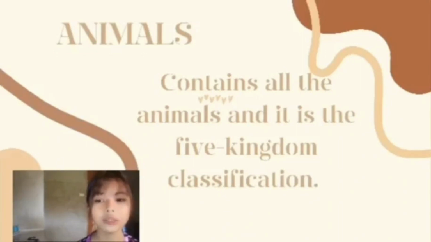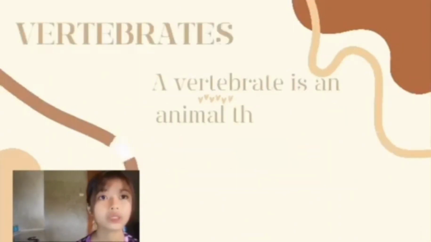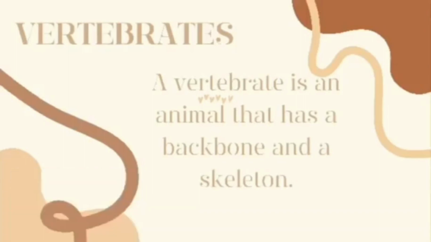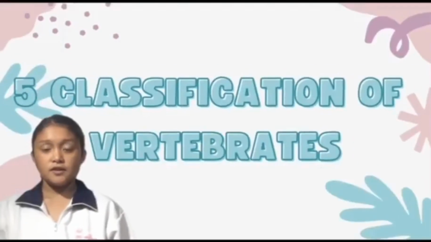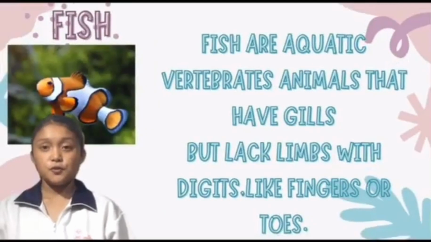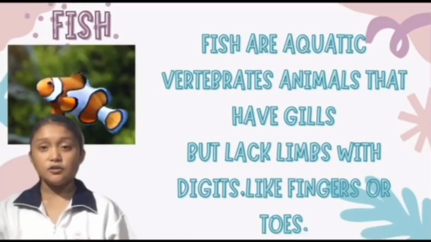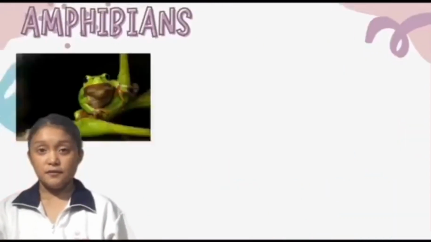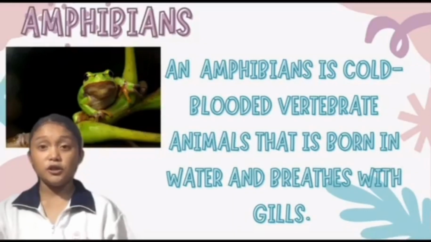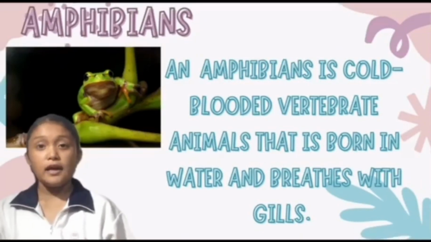Classification. Animals are classified as 2 main groups in the animal kingdom, the vertebrates and the invertebrates. 5 classifications of vertebrates. The first one is fish. Fish are aquatic vertebrate animals that have gills but lack limbs with digits, like fingers or toes. Second is the amphibians. Amphibian is a cold-blooded vertebrate animal that is born in water and breathes with gills. As the larva grows into its adult form, the animal's lungs develop,